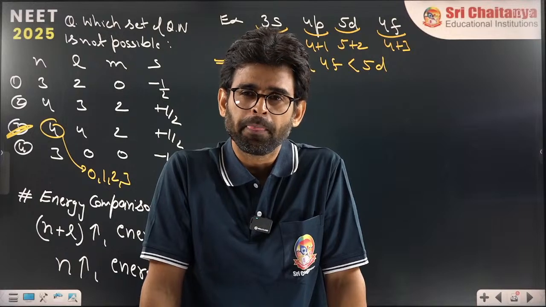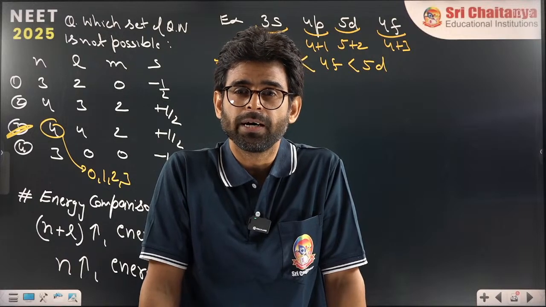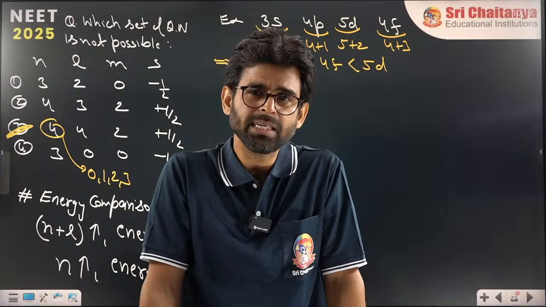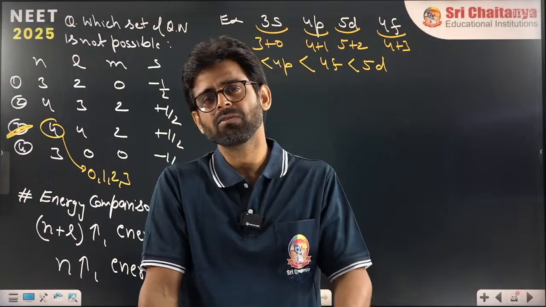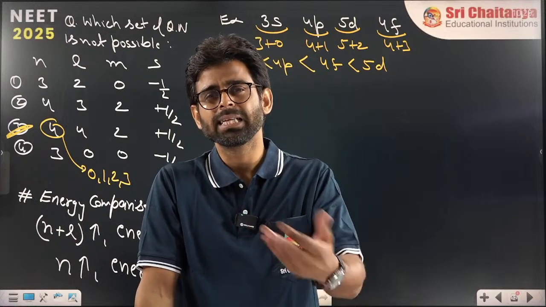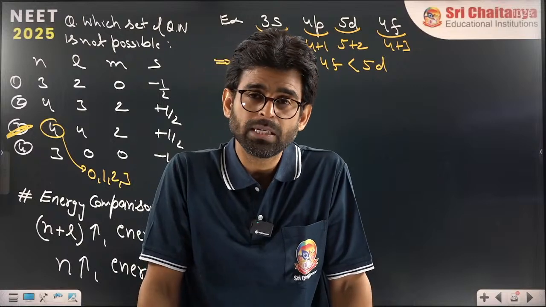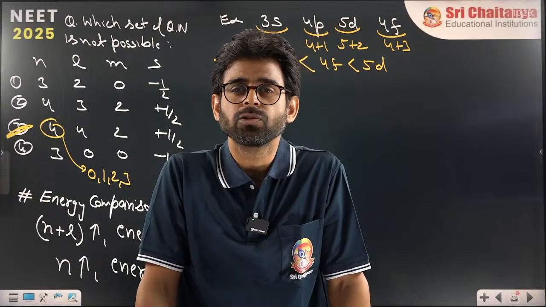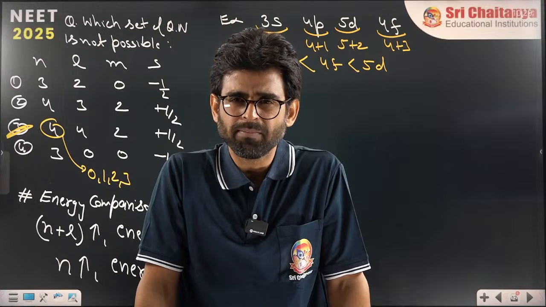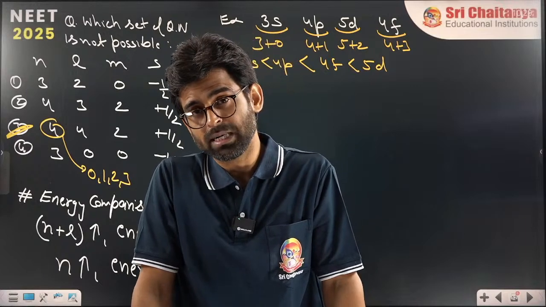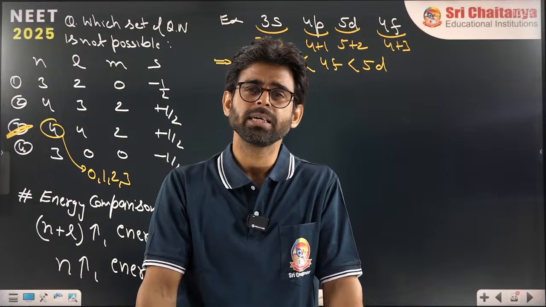Hund's rule says if you are filling electrons in degenerate orbitals, first fill single electrons and then start pairing. And Pauli's rule says you can fill at most 2 electrons in an orbital, and both electrons should be